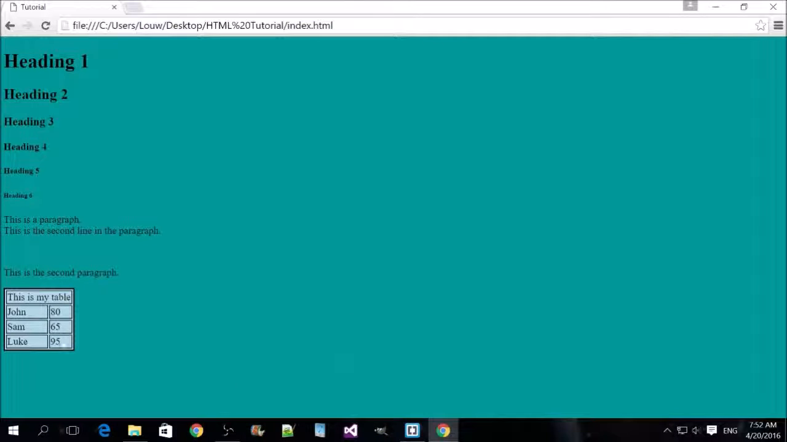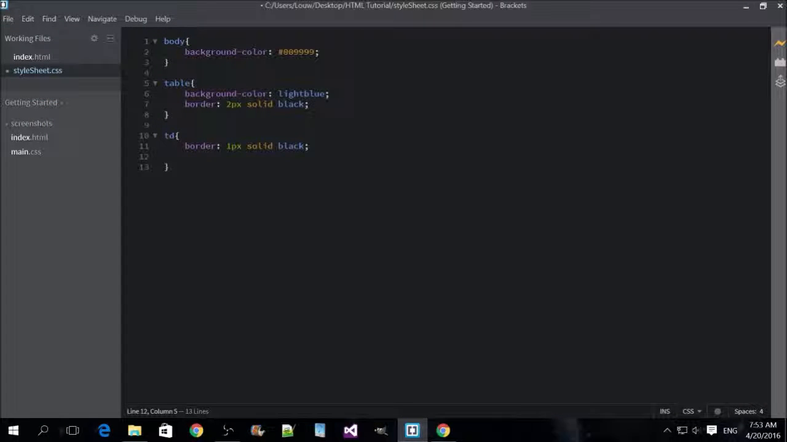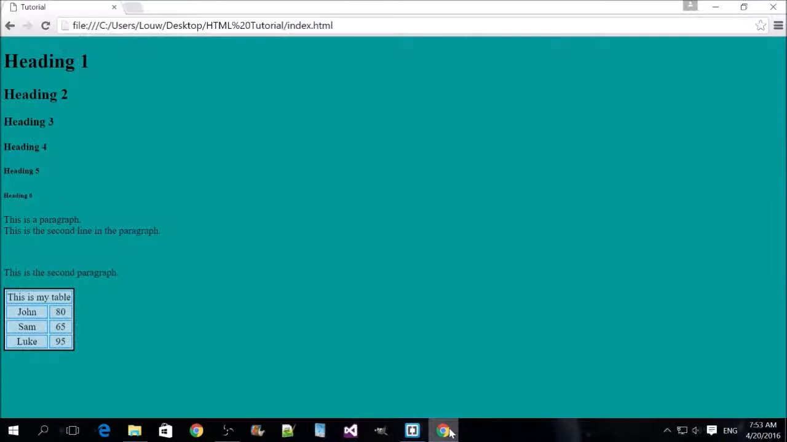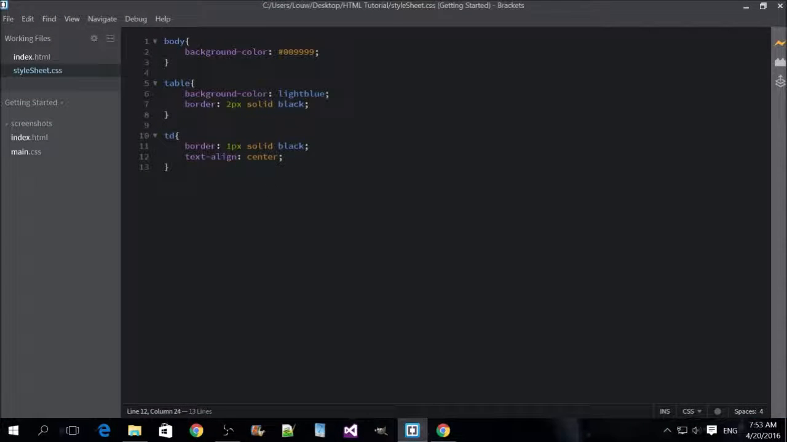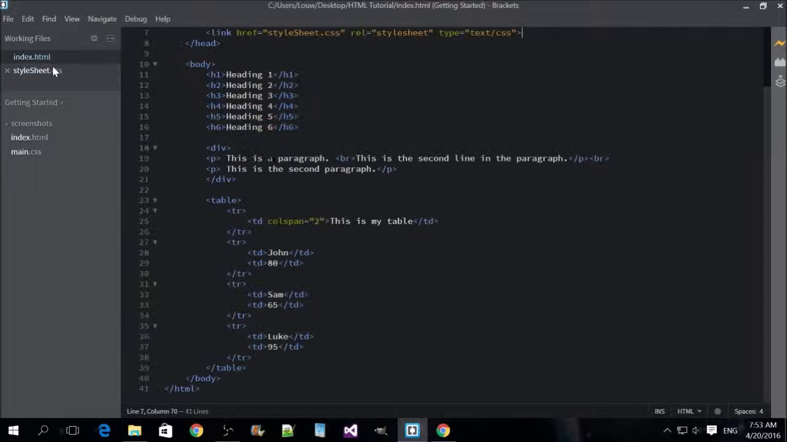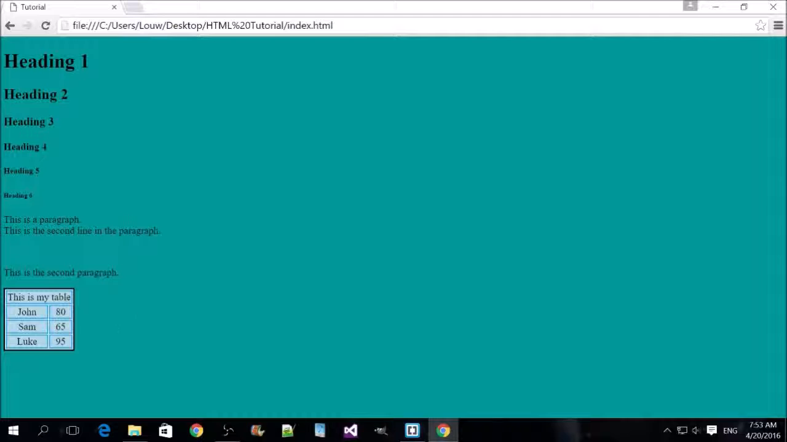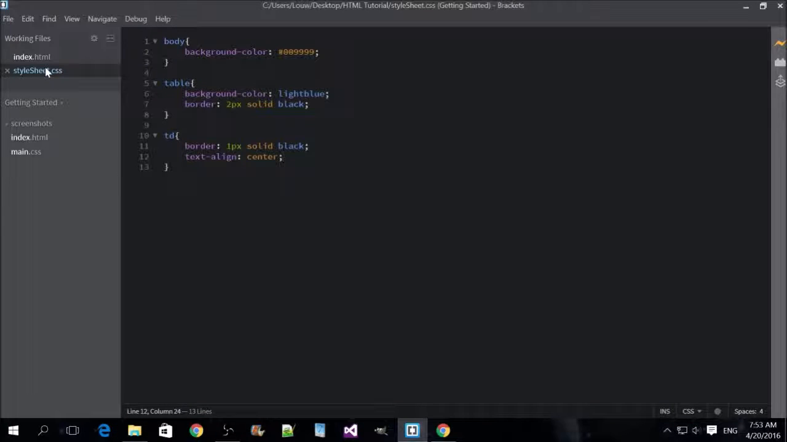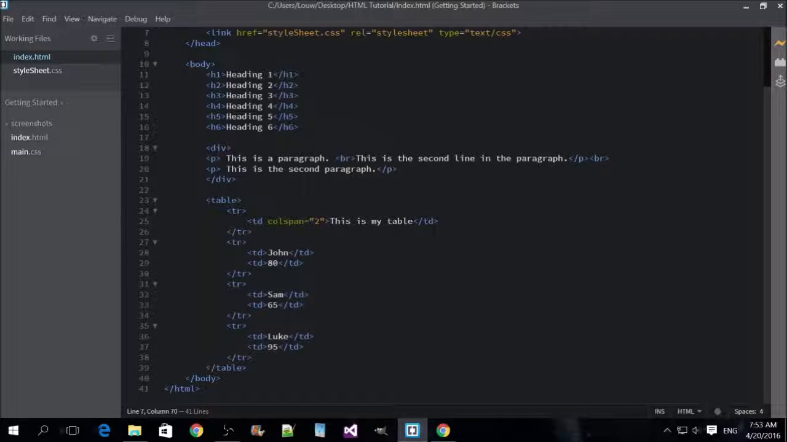If you want to center these, or well, you can center these as well. If you want to center them all, you're going to just go into the table cell and just say text align, center, and then they're all centered. You can do the same with your rows, but with cells you can individually